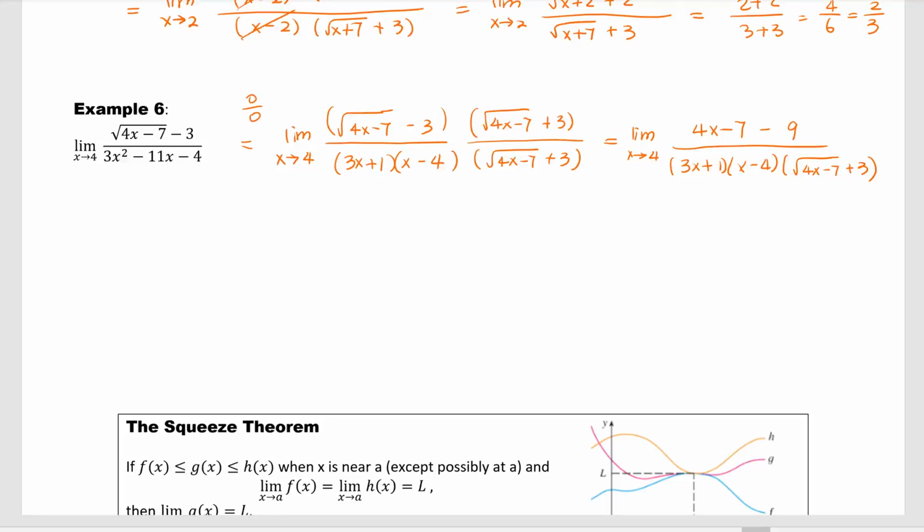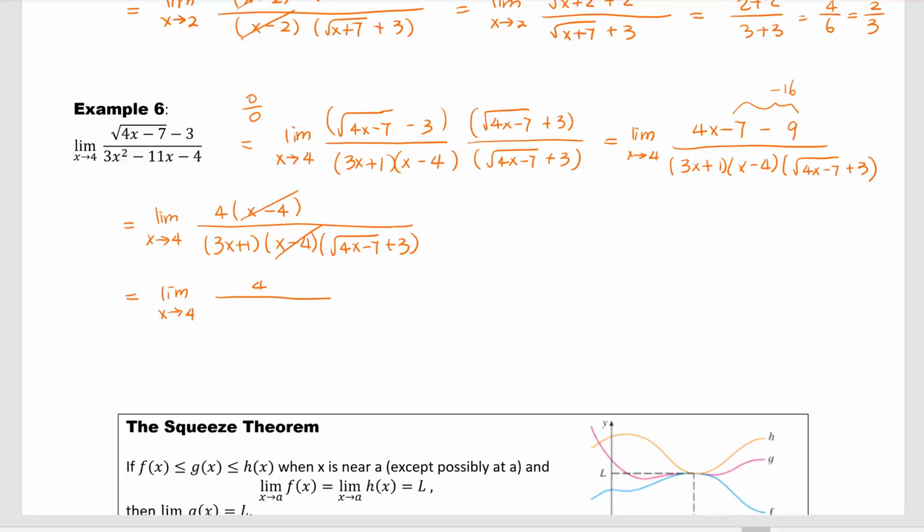Okay, now, what happened to the numerator? Negative 7, negative 9 is negative 16. Can you factor something? Yes, we can factor out the 4. Then we have 4x minus 4. Wow, what happened? Can you see the bad guy? Yes, the bad guy is x minus 4, right? So after we cancel the bad guy, we have limit x goes to 4, and then